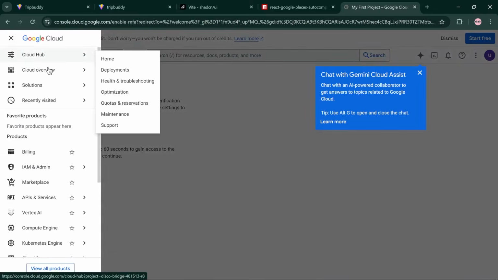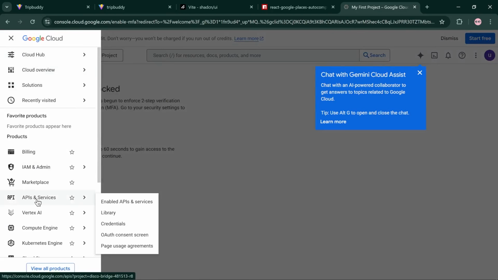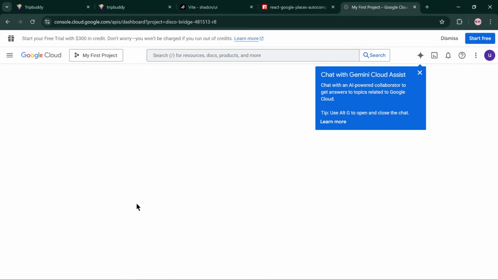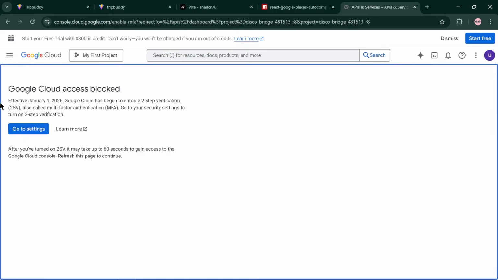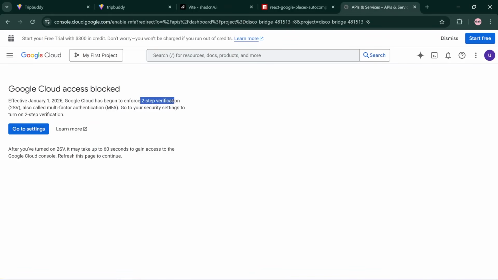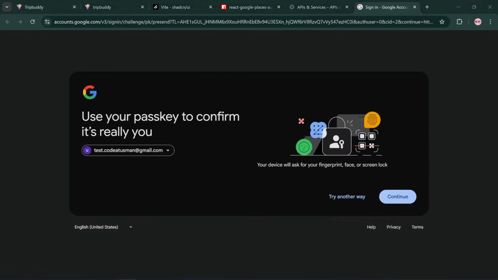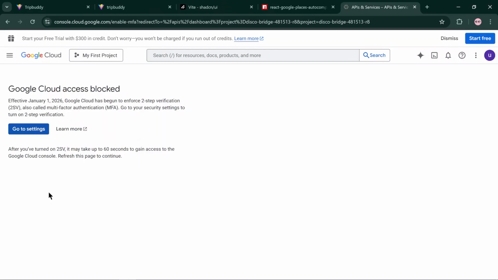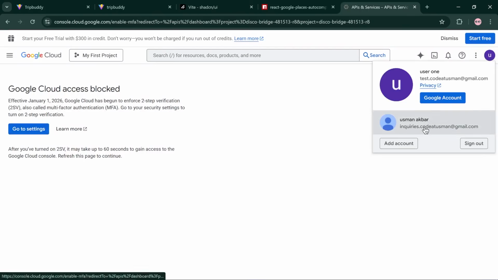So first of all, we will go to the API and services. Here we will go to the enable API and services. Here it is showing Google Cloud Access blocked. You have to enable the two-step verification. So by clicking on go to settings, you can enable the two-factor authentication. Okay, but I will select my another account that I have already created,